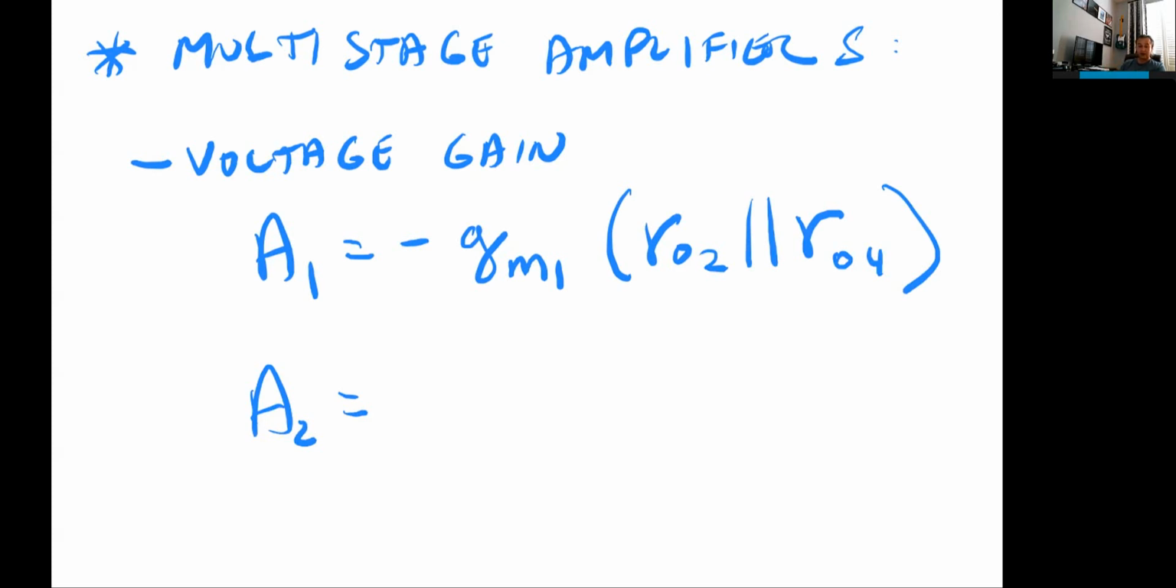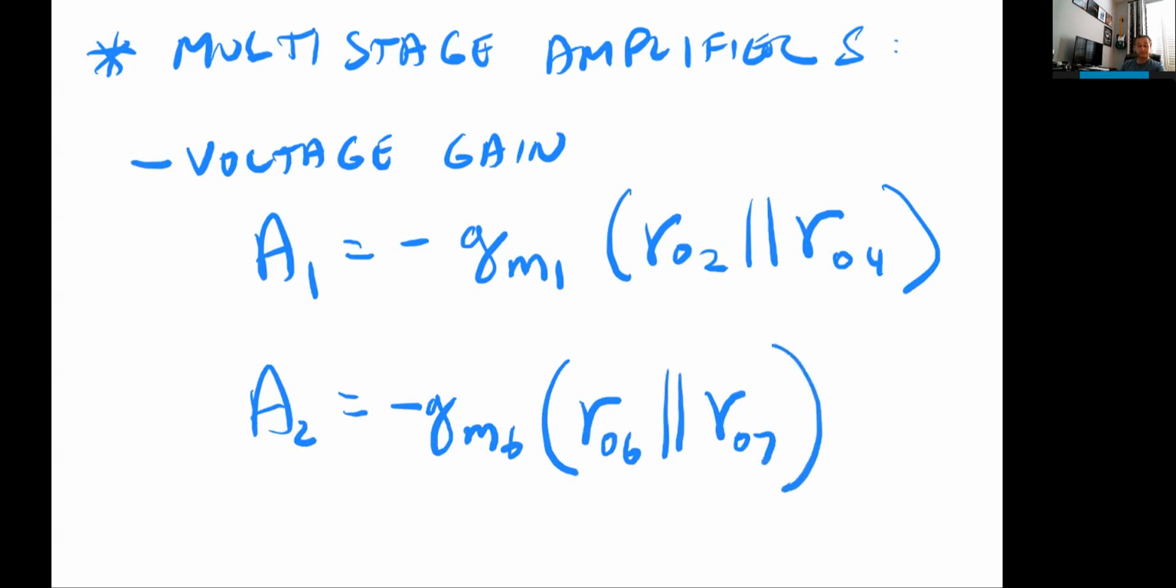And then the second stage gain is going to be the transconductance of transistor 6 times the output resistance of that transistor in parallel with the output resistance of transistor 7. So the circuit that refers to this gain expression for each of the stages, and then of course the overall gain is just going to be A1 times A2,